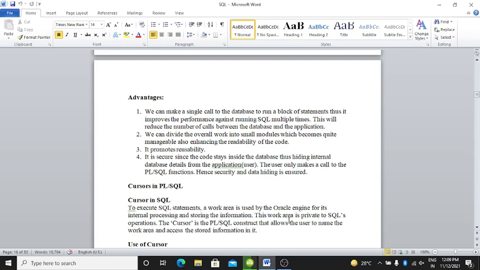Thus, it improves the performance against running SQL multiple times. This will reduce the number of calls between the database and the application.